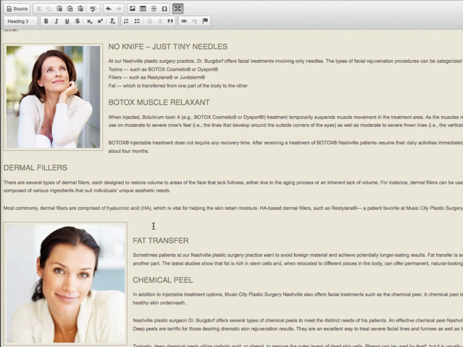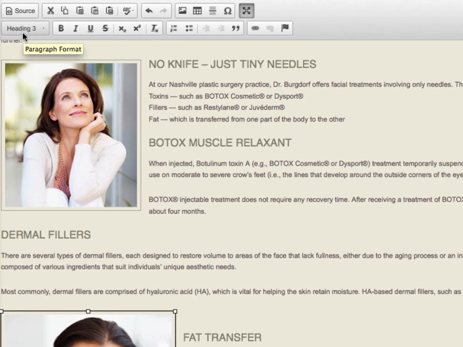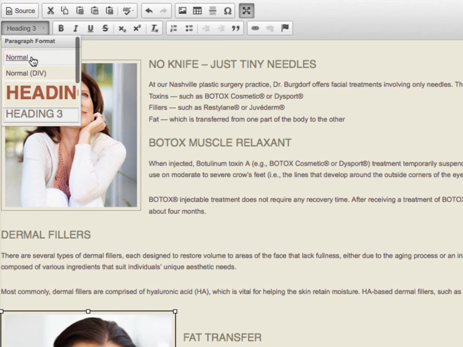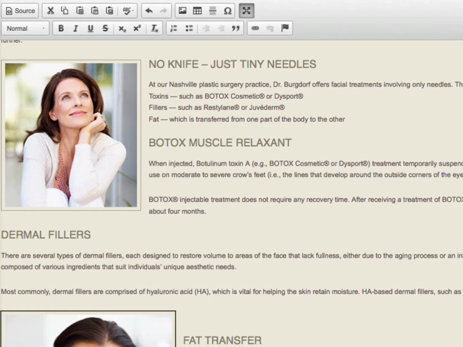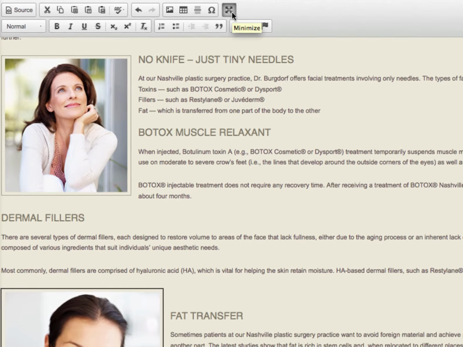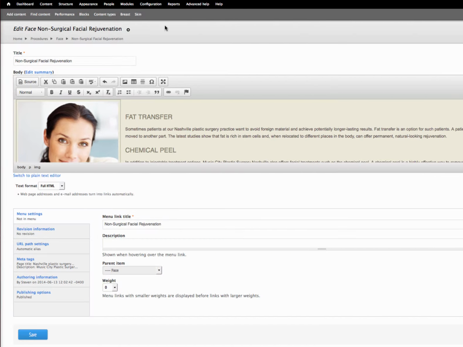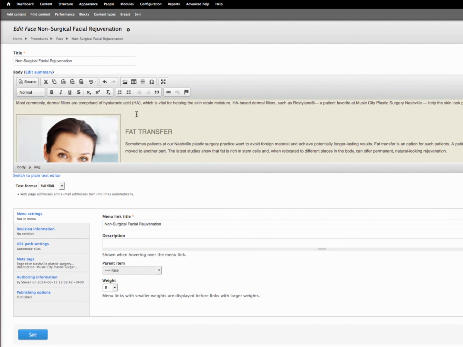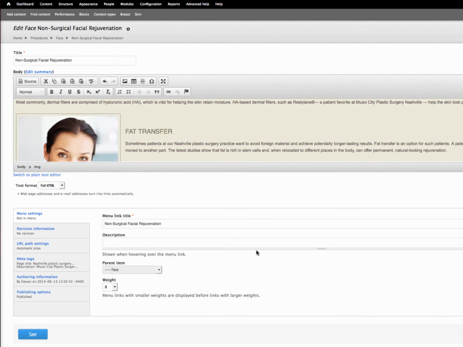There's an extra space here, but you don't have to worry about that. That's just a technicality. Click on the image, and under the Heading tab, we don't want it to say Heading 3 because that is what this is. It's a heading. We want it to be normal, so we're going to go back up to this pull-down menu. We're going to toggle to normal. We're going to click the 4 squares again to minimize our window. I know it looks like there's an extra space here, but that won't be there. Scroll down, click Save,